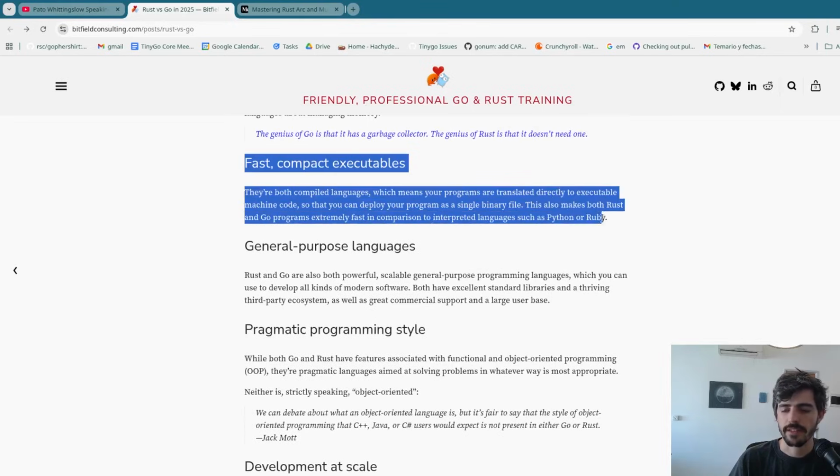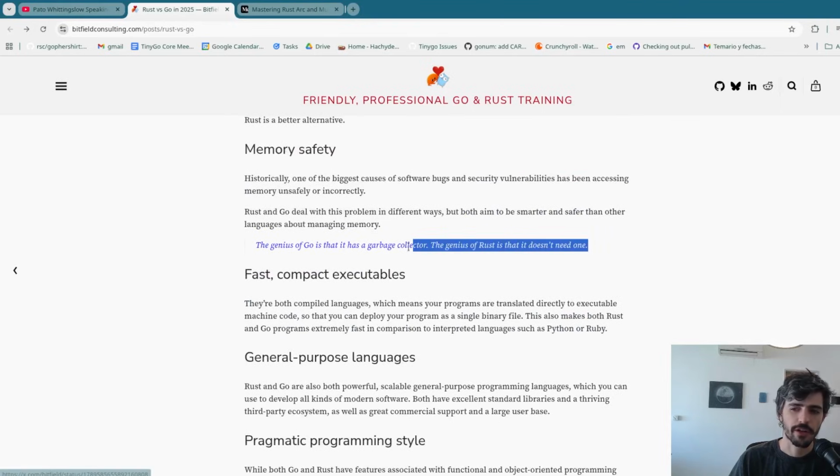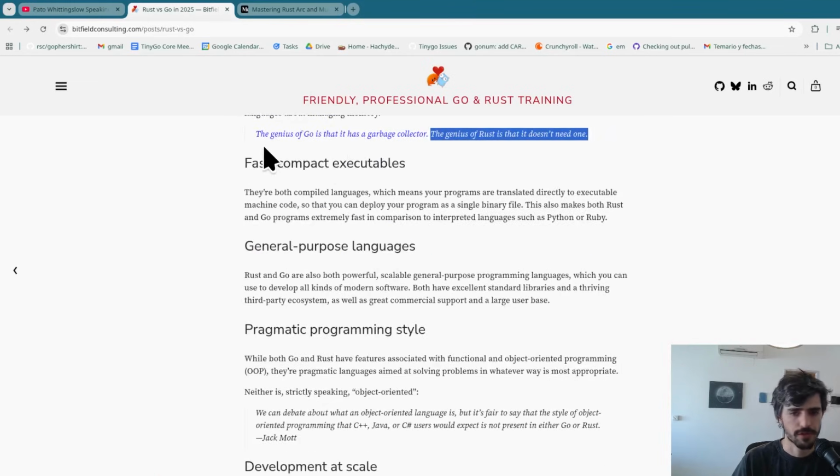Anyways, fast, compact executables. And I'd even go as far as to argue you don't need a garbage collector with Go, at least the way I program it. Same as in Rust, you don't need one. You can use one. But the truth is, most of the software in Go is written with a garbage collector in mind. The ecosystem has just been built on the provided garbage collector of the runtime, that global garbage collector.